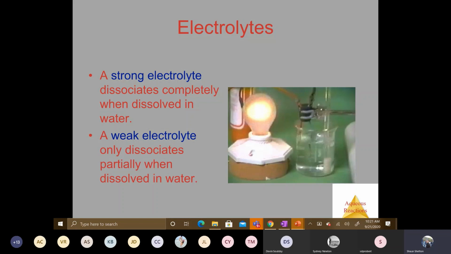That's why the light bulb is very bright, even though in this picture you only see one picture of it. If we were in class, I could show you the demo where you can really see the difference. So strong versus weak, and then you get the non-electrolyte, which will not do any conduction of electricity